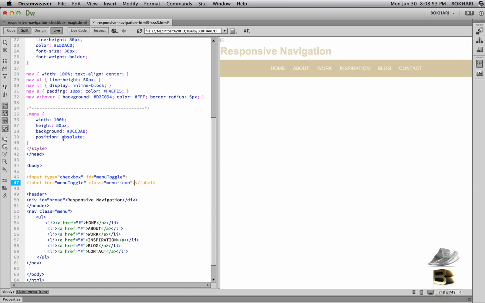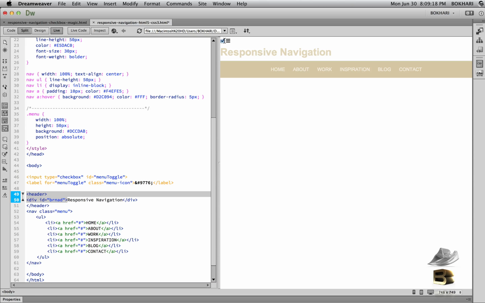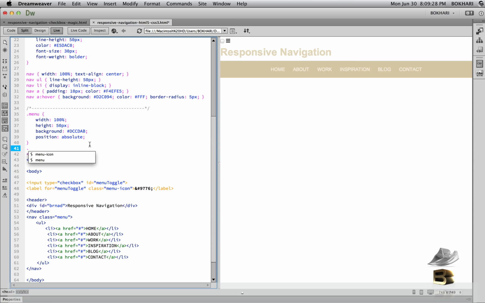Excellent. Now I'm going to also add the menu icon there. So I'm going to add a special character in there. So I'm going to add ampersand, hash or pound 9776 and semicolon. Press refresh, and there we have it. And it is also clickable. It does the same thing as clicking on the checkbox itself. Okay, right, let's style that first. So dot menu icon